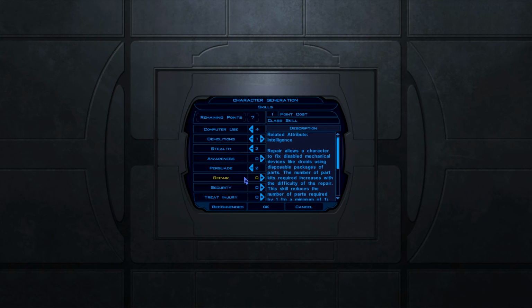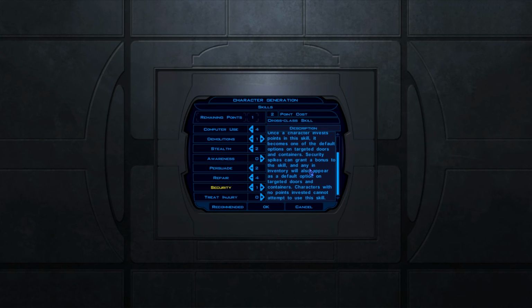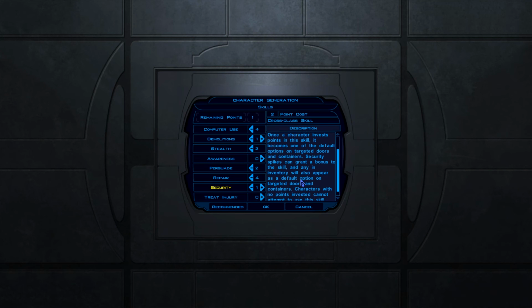Repair, we probably want, yeah, I'm interested. Security, 1 point, because there's another little caveat, which is some skills require you to be trained, which means you have to actually put 1 point in there to be able to use the skill at all. So we're going to do that just so we can do some security early on if we choose to or need to. And then finally, I suppose...